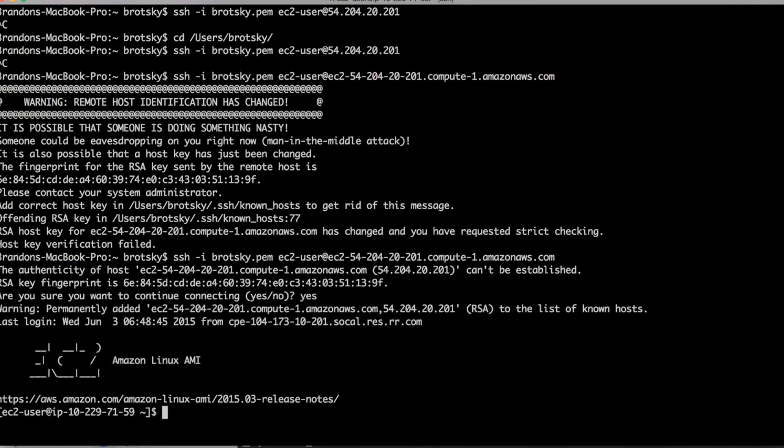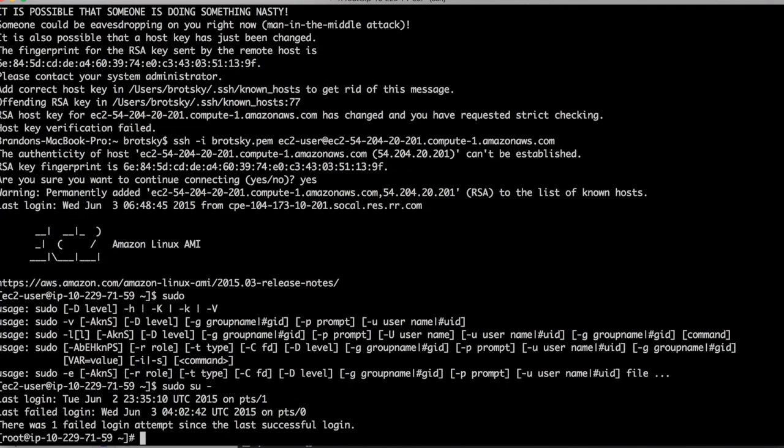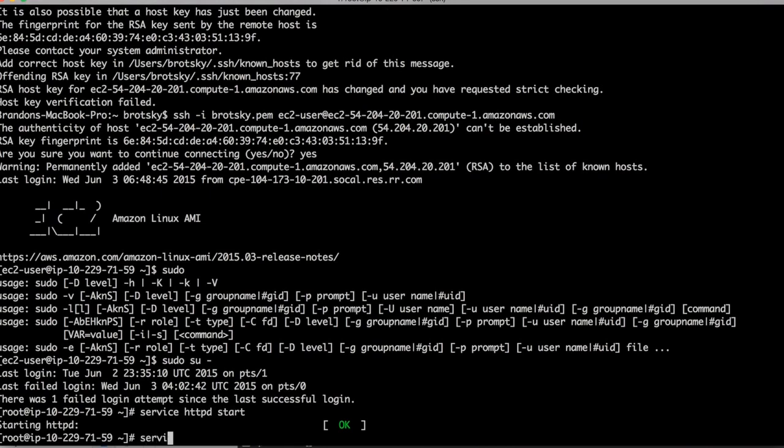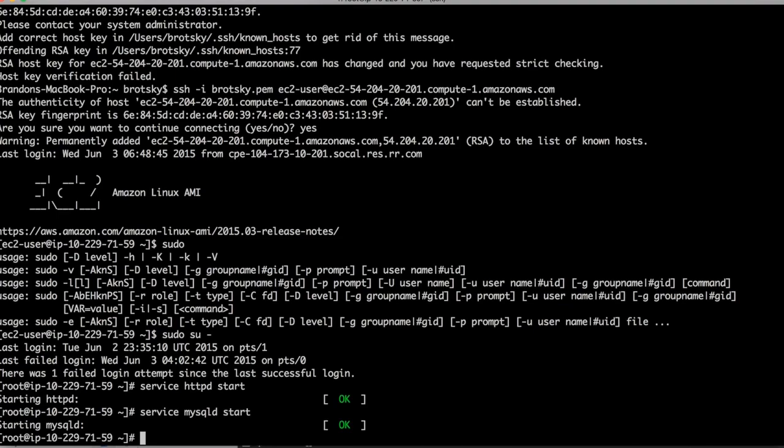We have a new RSA key fingerprint because we deleted the known host. And you can see that now sudo does seem to be working. This is exactly what sudo should do. Let's go ahead and sudo into the right user, the SU user. And now let's get these services working and make sure that we're actually working. And let's do the same thing for MySQL. Cool. We have these working. We have sudo